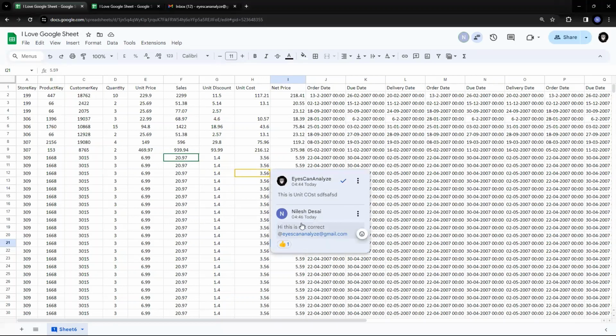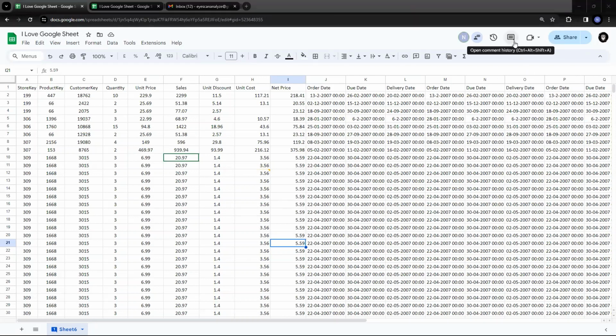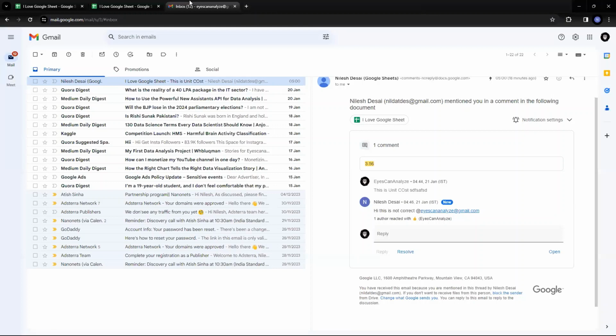in the comments history. The comments history can also be accessed on the right hand upper corner where you can see open comment history and you will get the list of comments. From here you can reply as well. So this comes very handy in communication where you want to inform your colleague and